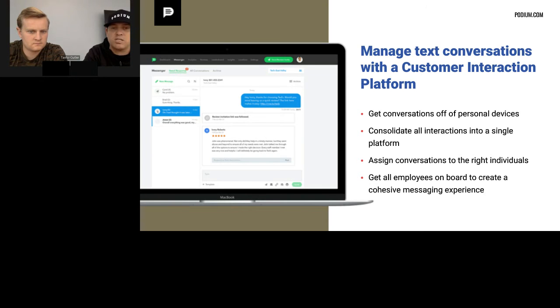That's going to be a key thing. But I think more importantly, when you get all employees on board to create a cohesive messaging experience, that's something that we have a lot of best practices and recommendations around. We're going to talk about those in a slide a little later today. But these are the main bullet points that I would start thinking about as you're trying to shift from just your one-to-one personal interaction on your smartphones to something that is more scalable